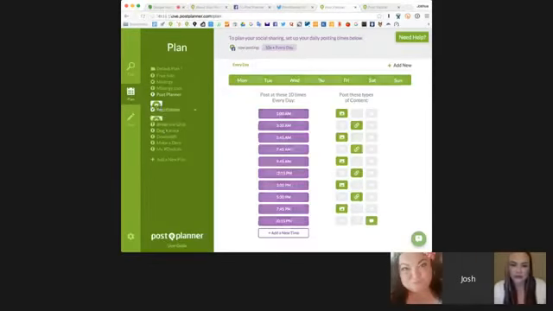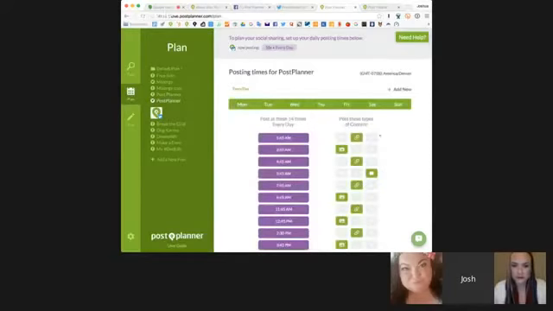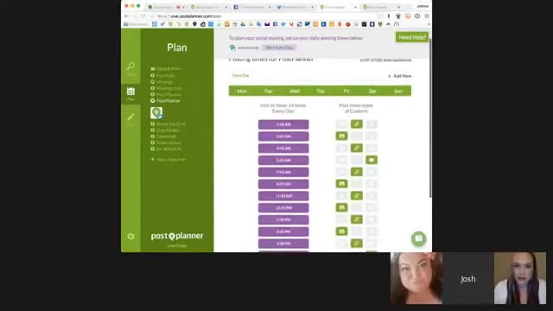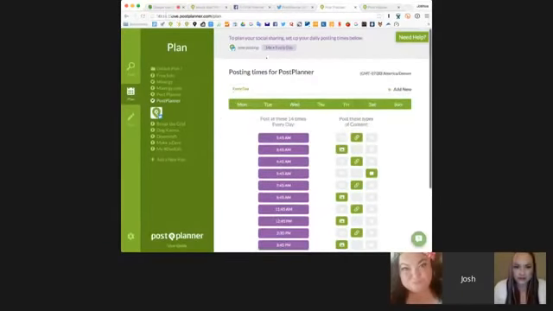What about Twitter? Let's see what we got going on Twitter. Here's the Post Planner Twitter account, and here's the plan for it. You can see we're publishing more often because on Twitter the newsfeed tends to go a little bit faster, just because it doesn't have EdgeRank, right? Twitter isn't picking and choosing what you see so much. It's just the whole fire hose of content. So it's a best practice to post more often on Twitter.